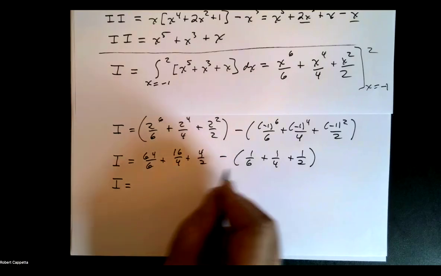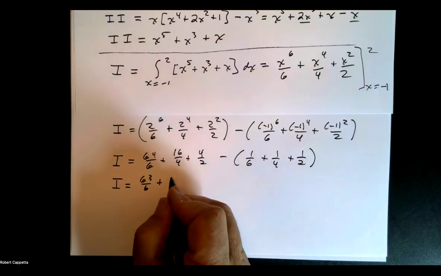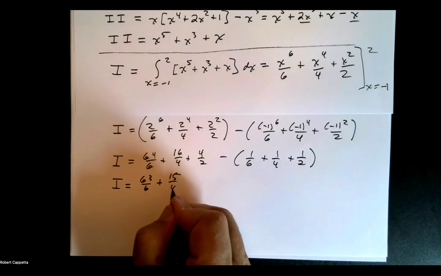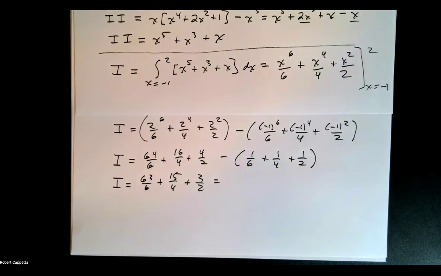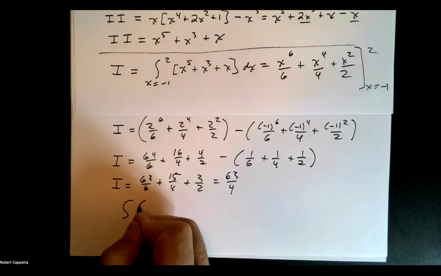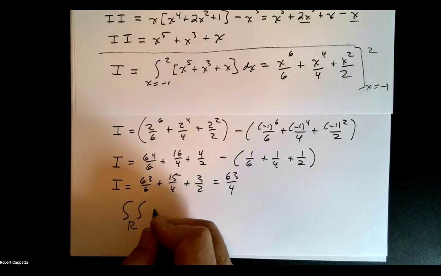So 64/6 minus 1/6 is 63/6, 16/4 minus 1/4 is 15/4, 4/2 minus 1/2 is 3/2, which equals 63/4. So that is my solution, that double integral over that region R of 2xy dA